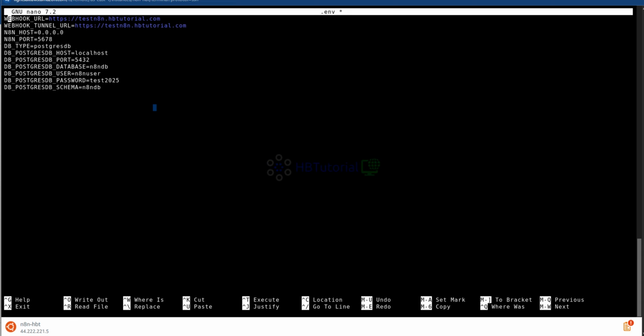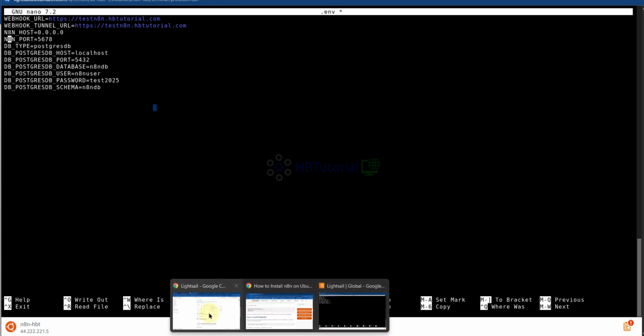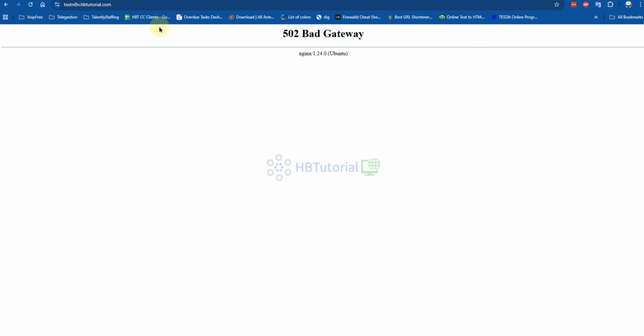Webhook URL and edit also and edit port. Yes.